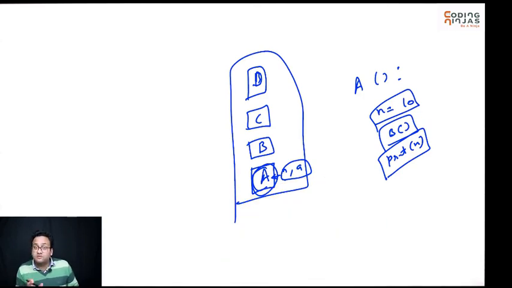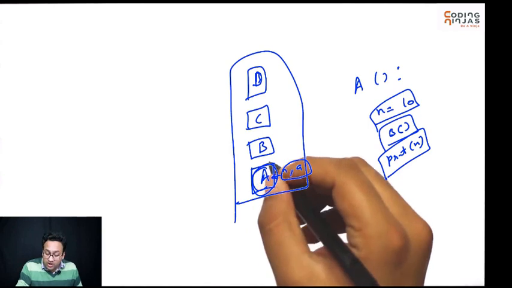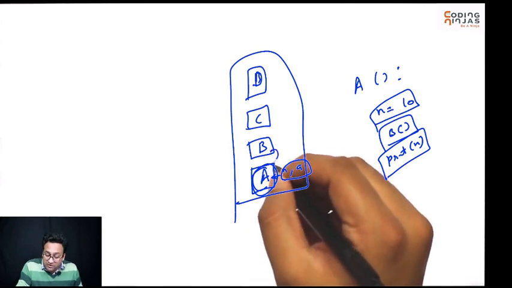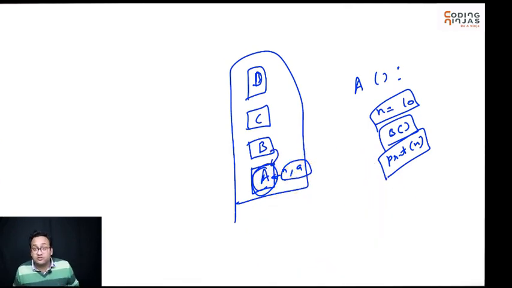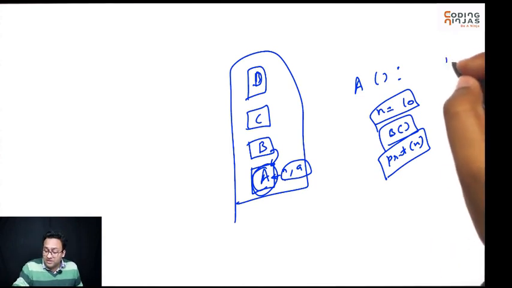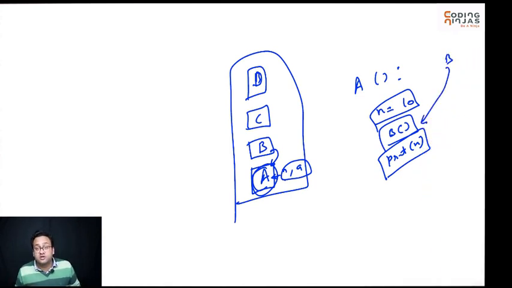So all the information regarding this function, knowing that when B is done, where should it go back? That information also needs to be stored: that when B is done, it needs to come back here. All that information is stored, and we use a call stack for doing that. Okay, perfect. So that's how, whenever we are calling functions, we store data and that's how things are implemented. Okay, perfect. Thank you.